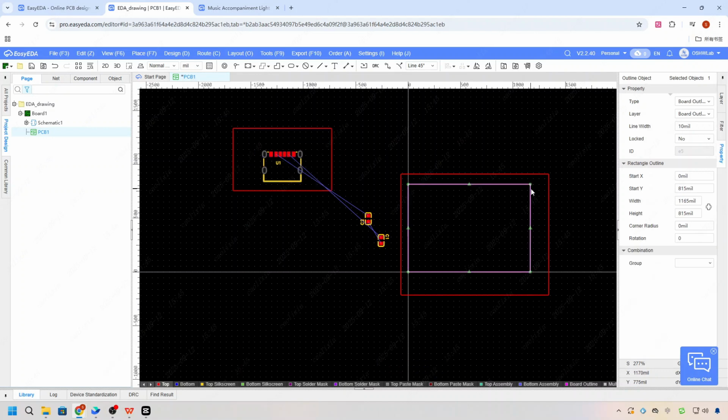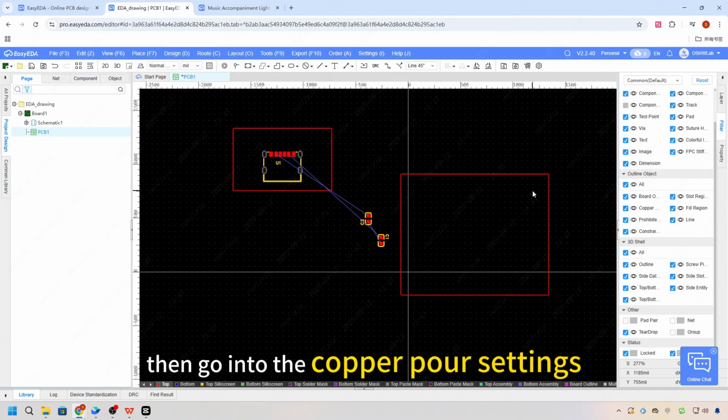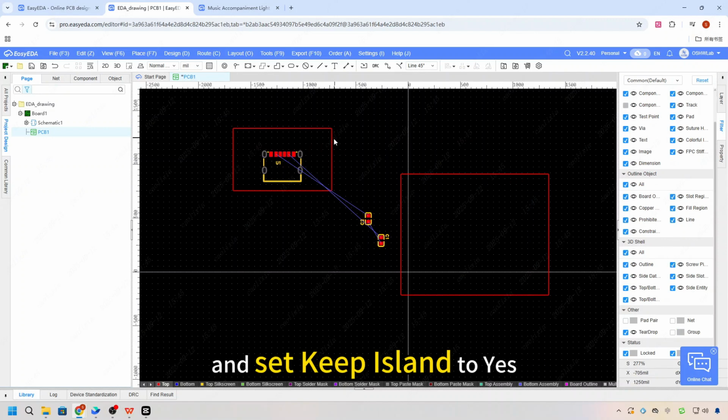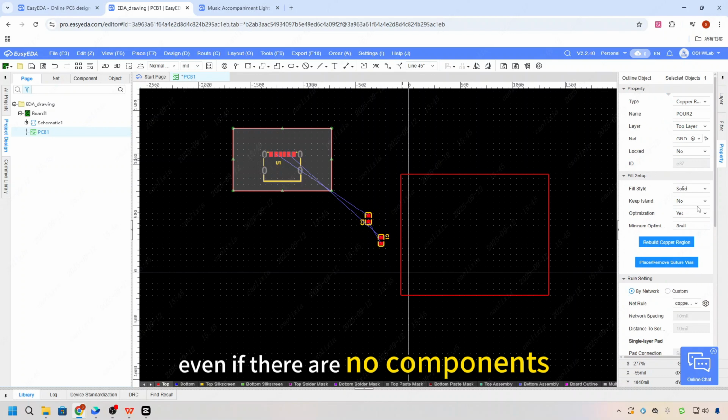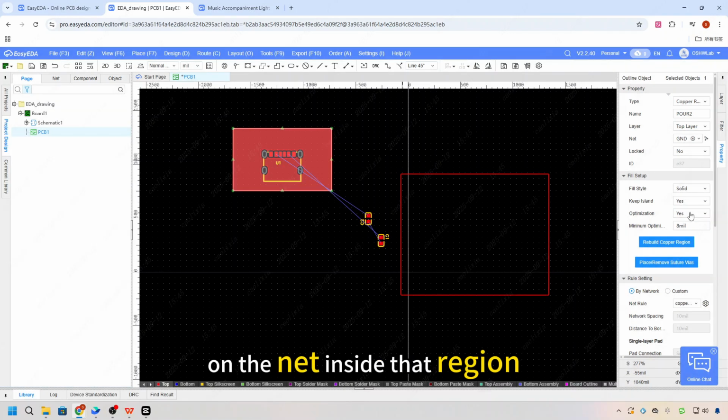There's a way. Just delete the board outline, then go into the copper port settings and set Keep Island to Yes. That way, even if there are no components on the net inside that region, the copper will still be